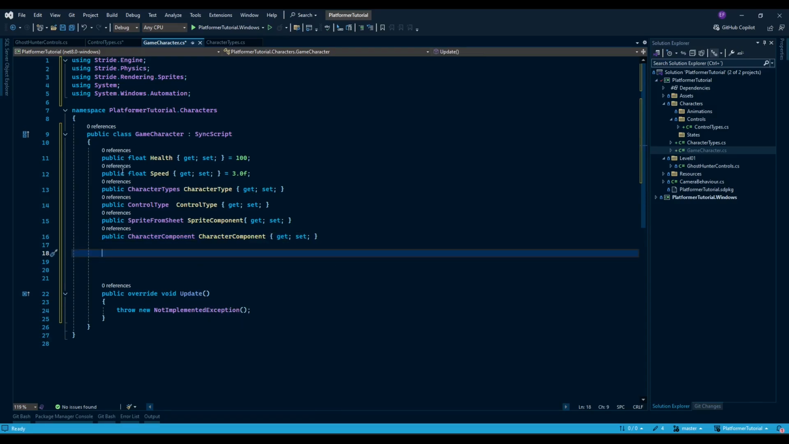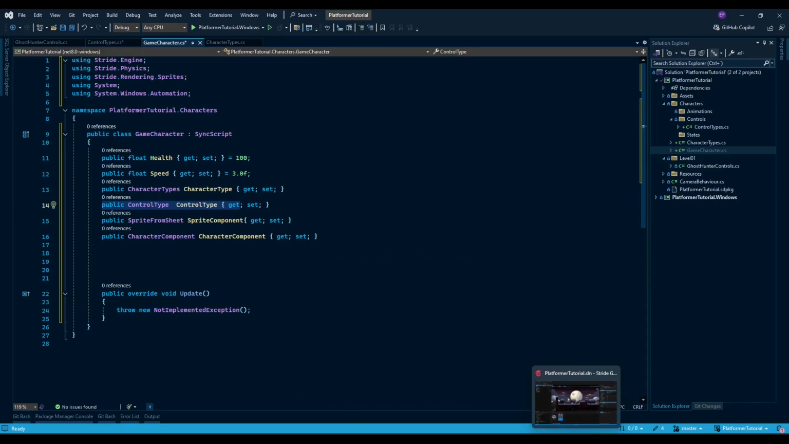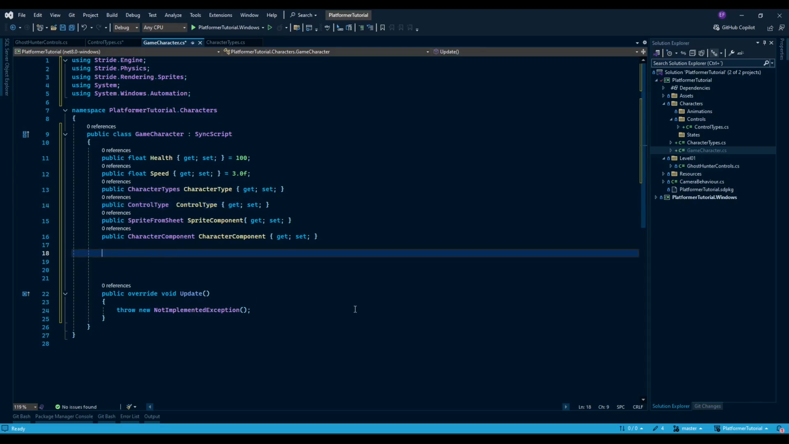So again, these character type and control type will be available for us to control in our Stride3D Game Studio. So when we attach this sync script to any character, from there in the Stride3D Game Studio, we can decide which character type it will be and what control type it will have. So let's continue. So going forward, we will need a way to set the type of animation that our character